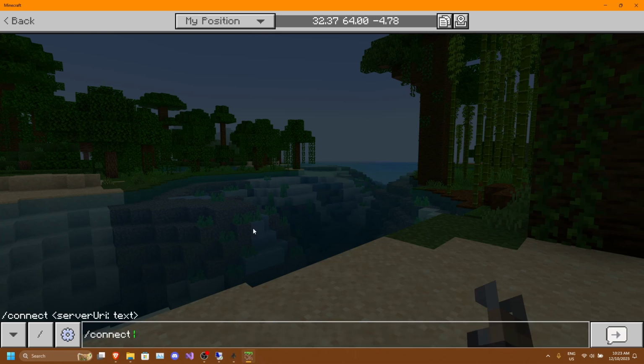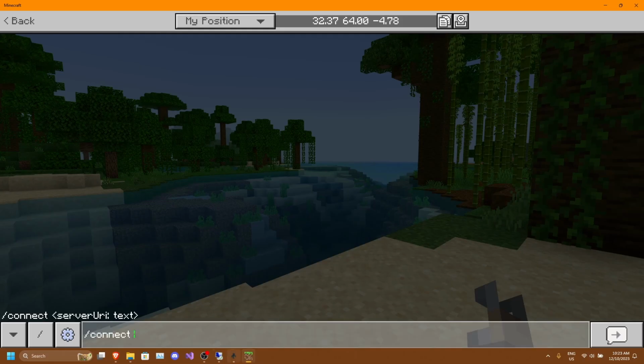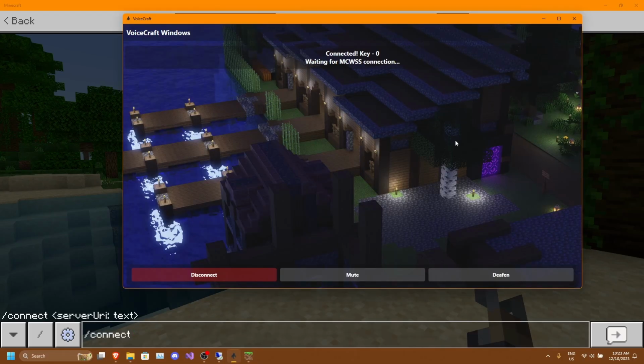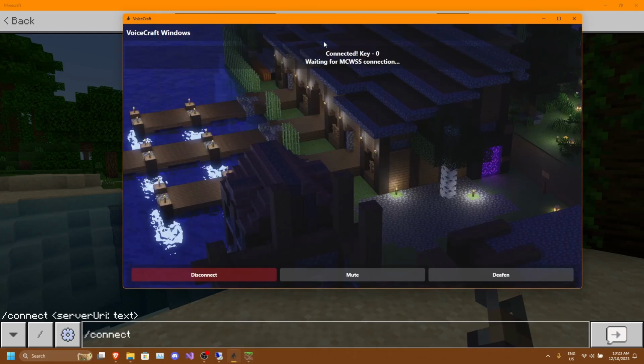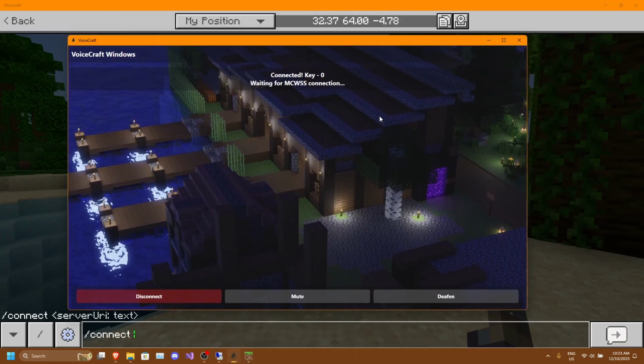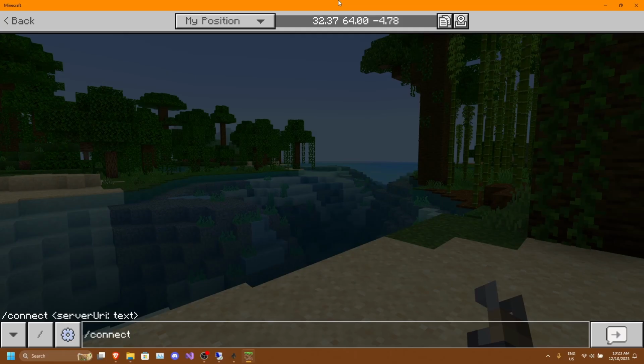Now, for the server URI, we're connecting Minecraft to the VoiceCraft application. Now, since Minecraft and the VoiceCraft application is on the same machine, in this case it's on my laptop, they're both on the same laptop, we need to use the loopback IP address.